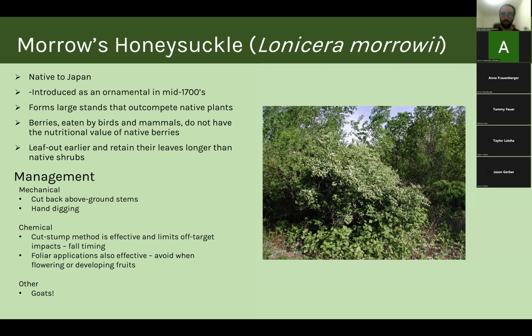So you may want to be a little more thorough when you're digging up honeysuckles. Chemical treatment, it's the same considerations, so I won't go too deeply into that. Goats work really wonderfully on honeysuckles, but I would not really recommend using weed torches on honeysuckle. That's not to say they wouldn't work, but I have read and heard from others that